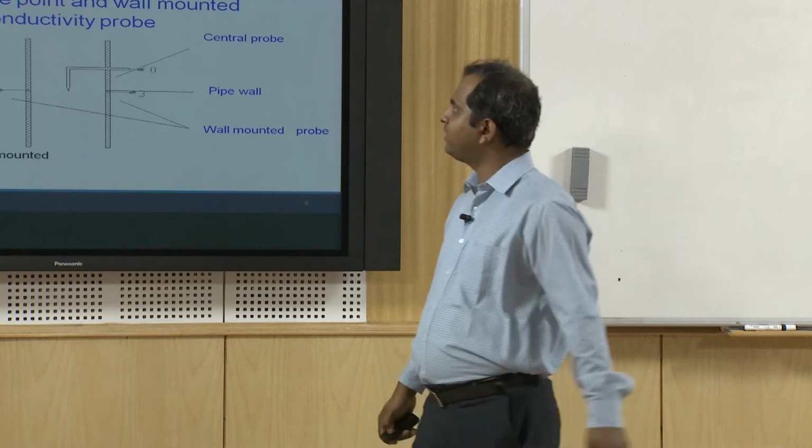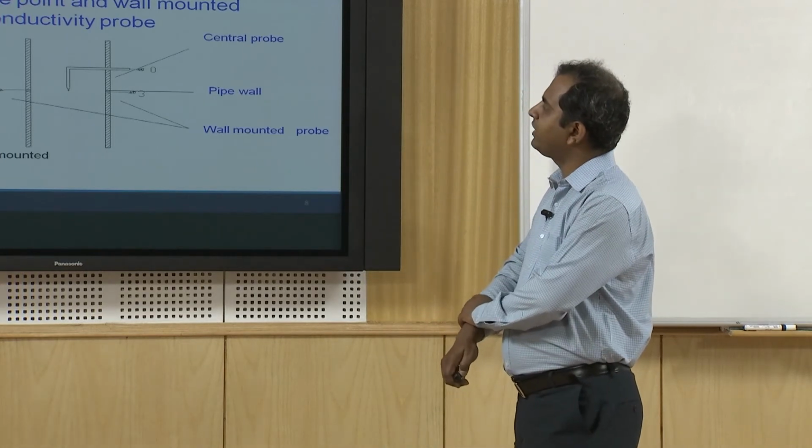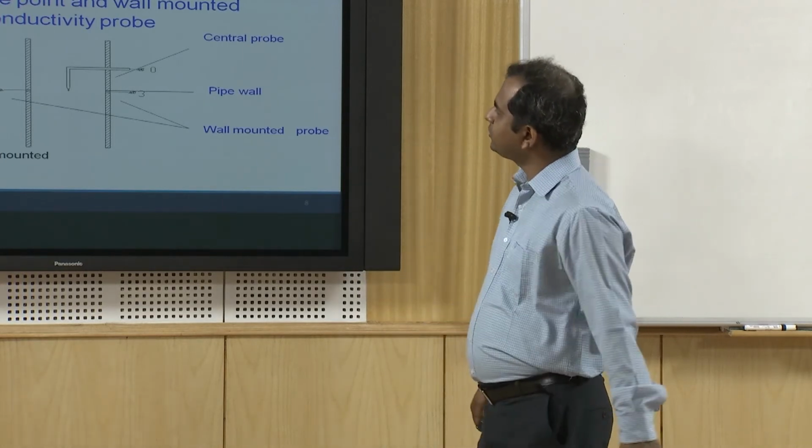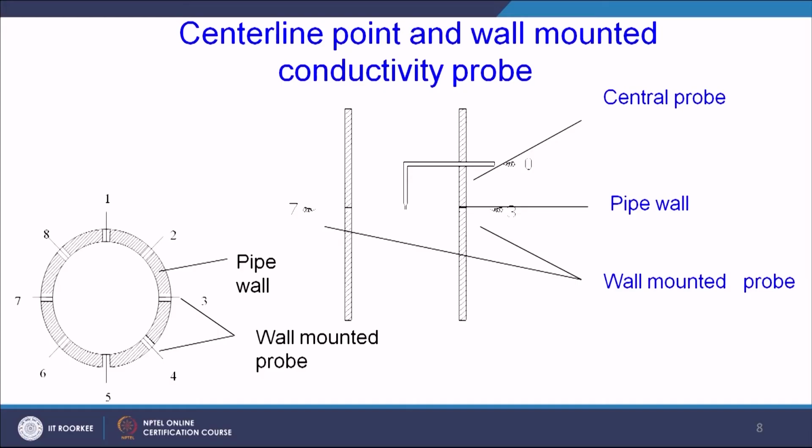So, let me first explain what type of probes one can consider. The first one is called wall mounted probes. This is the cross section of the pipeline. What one can do is make through holes in the pipeline and flush wires. All these numbered straight lines are actually wires. Those wires are your active electrodes, and they are entered around the whole circumference at particular